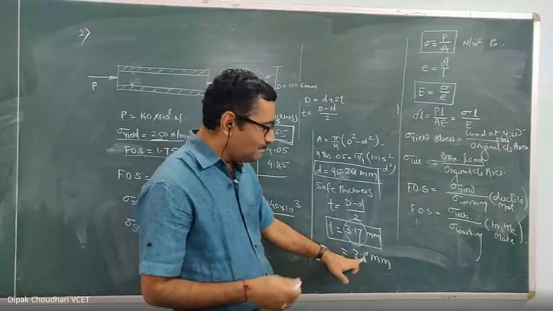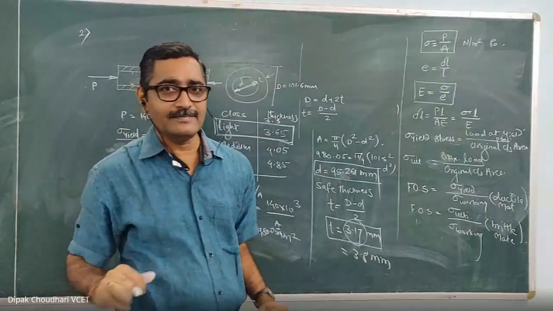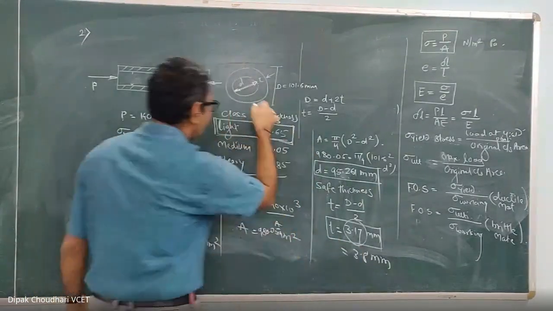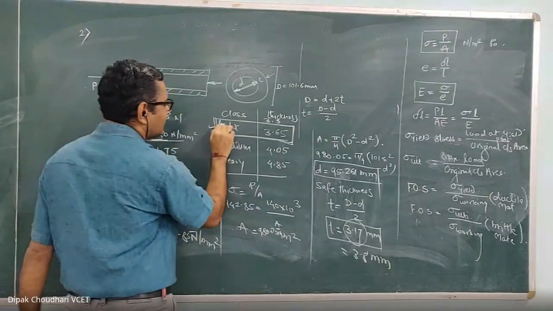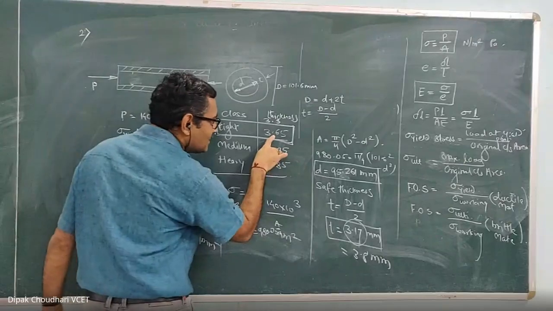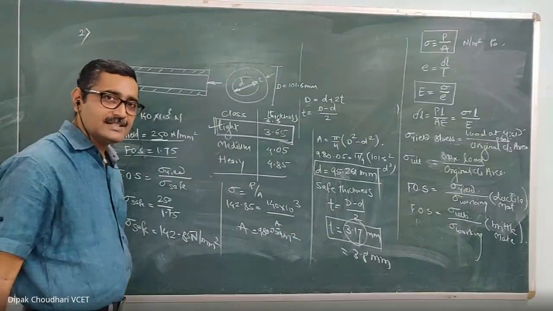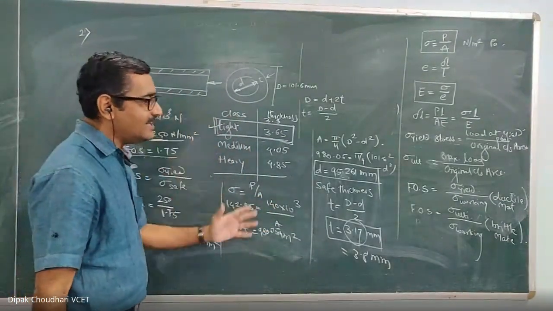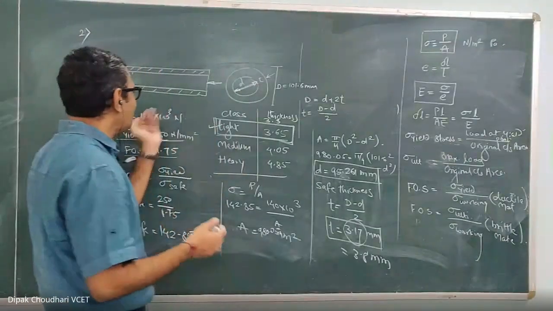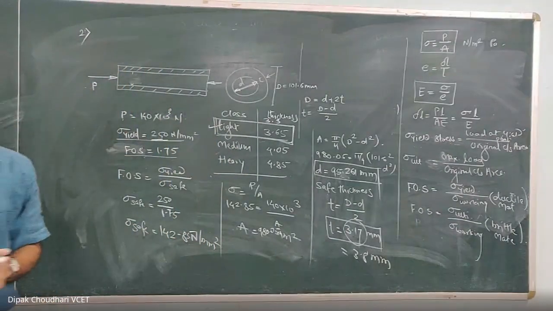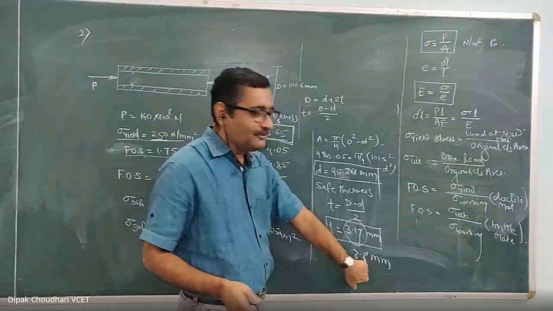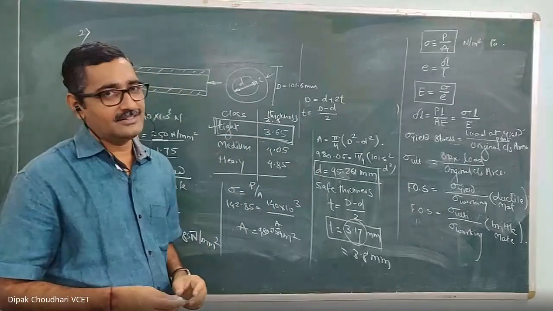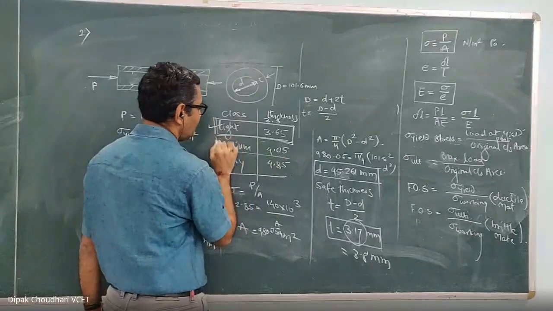Let the safe thickness required for this particular application be 3.8 millimeter, as the minimum. If I use the light class available with 3.65, which is less than 3.8, it may fail. Its thickness is less, so its cross-sectional area is less, and since the cross-sectional area is less, more stress will be induced when we apply this 140 kilonewton force. So if the thickness were 3.8 millimeter, we can't recommend the light class material. In that case, we have to go for the medium, 4.05.